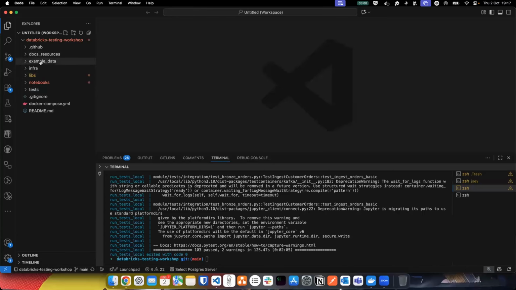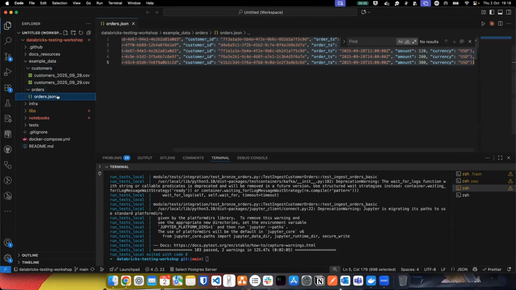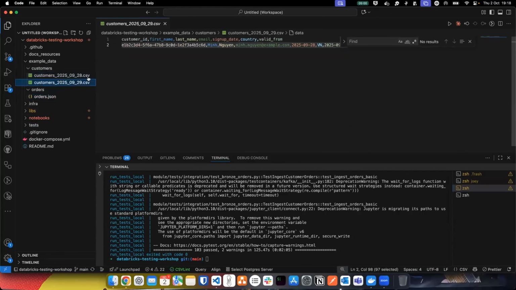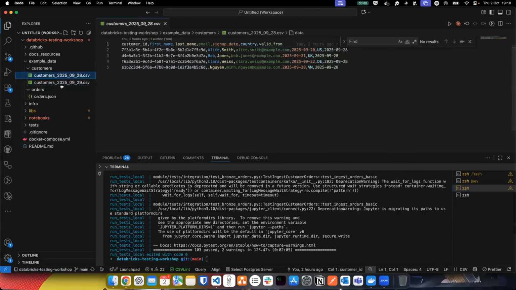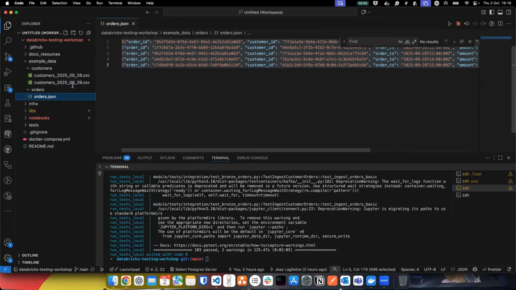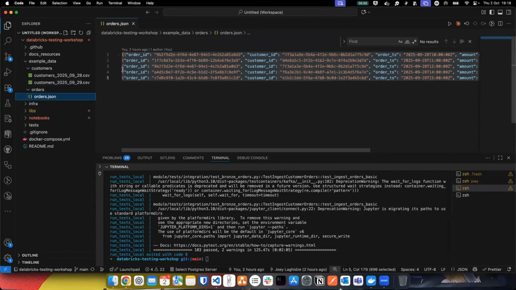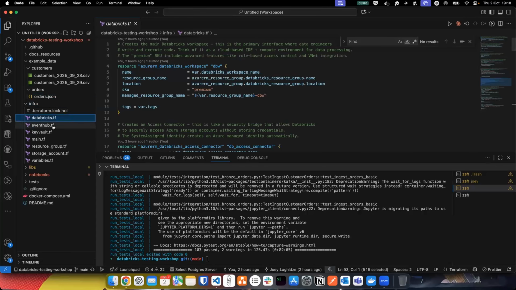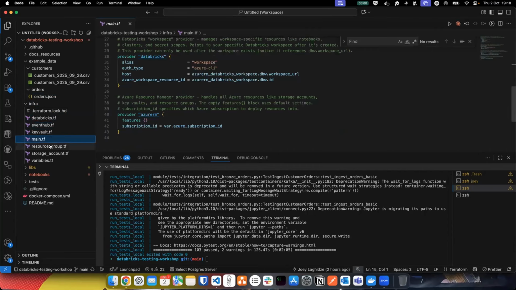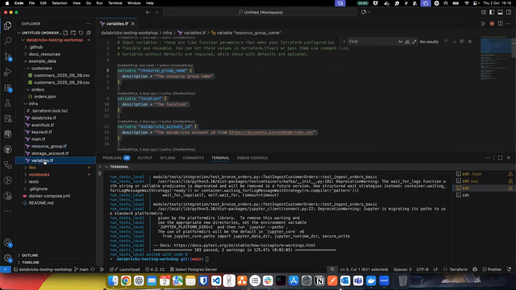So in this code base, we have some example data. And apologies to all data engineers. This is a very small data set that I did purely for demonstration purposes. But basically, these are your customers that come in. These are your orders that will come in. In theory, it should be much larger even for a demonstration, but that's fine because, again, they serve their purpose for the testing. We have our infra folder, where this is where we have defined all our Terraform resources for creating